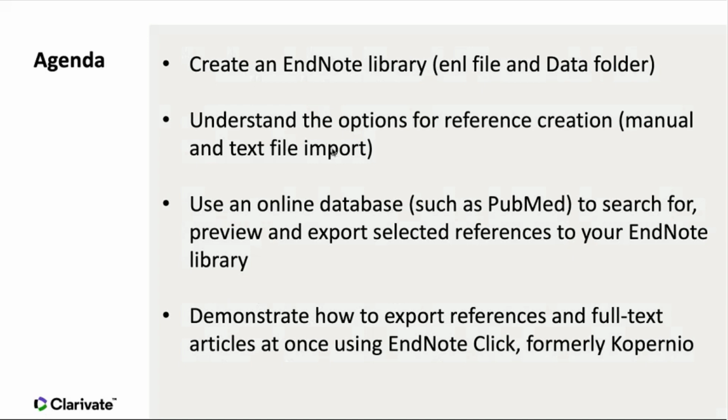We'll start from scratch by creating an EndNote library, which is essentially your database of research literature that you'll be gathering and keeping track of with the software. I want to go over the typical components that comprise an EndNote library. Usually a library has two components related to it, a file with an ENL extension and an accompanying data folder with the same name. And again, I'll point those out today after we create our library.